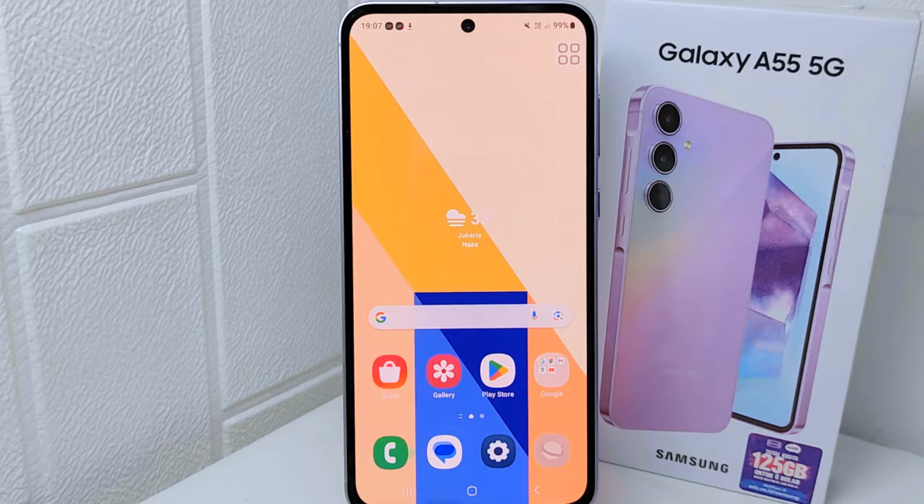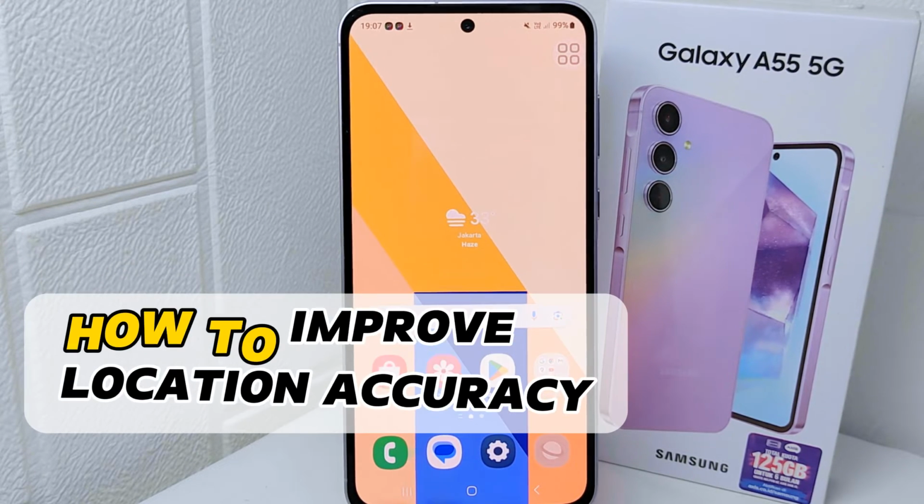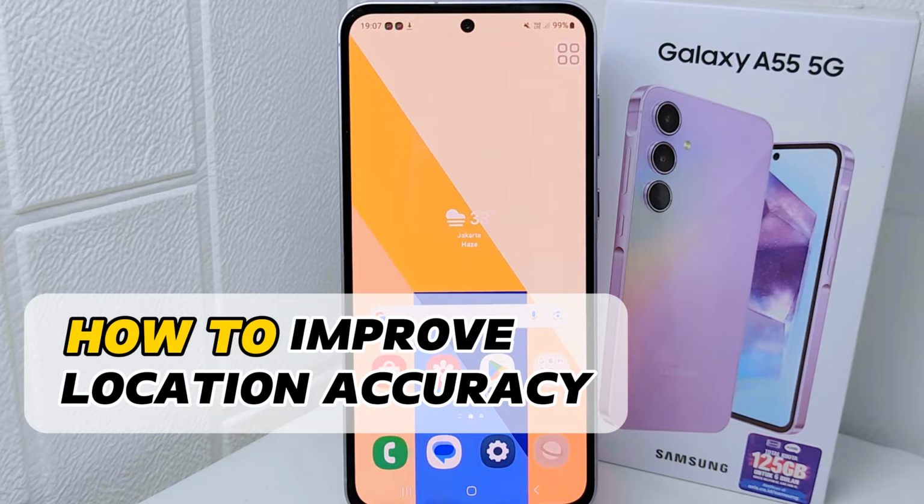Okay, hello everyone. Here I want to provide a tutorial on how to improve location accuracy on Samsung Galaxy A55